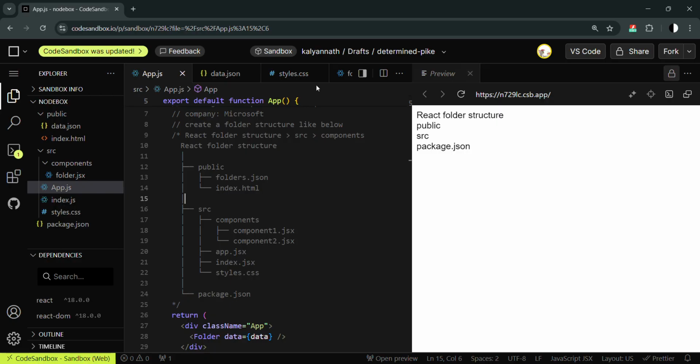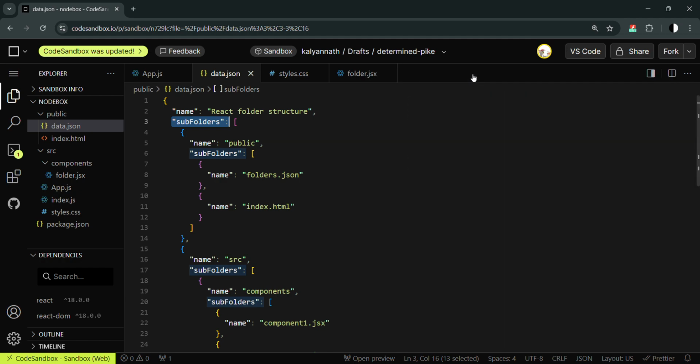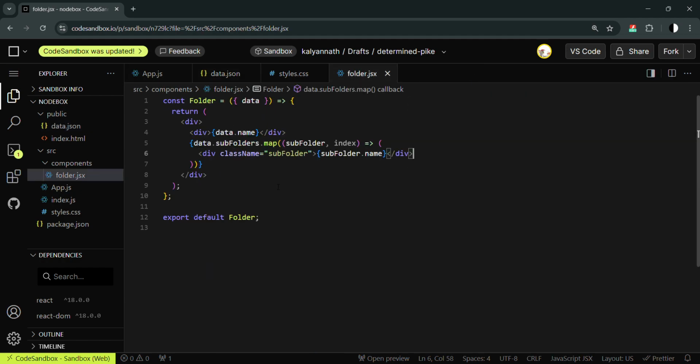So if you observe the data structure, there is a pattern, like there is name, subfolders, and inside the subfolders there is name again, subfolders again, name again, right? So we can use recursion here. Instead of displaying the subfolder name, if you observe this component, we have already an element which is displaying the name of that folder from the data that we are passing. So what we'll do is we'll just call the same component here,